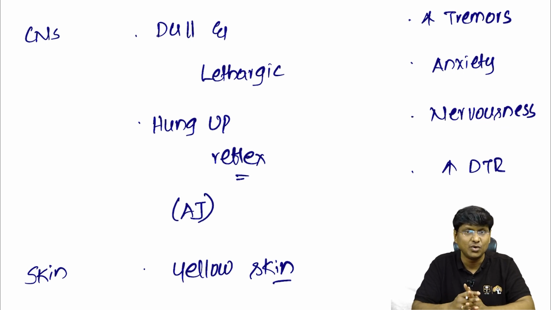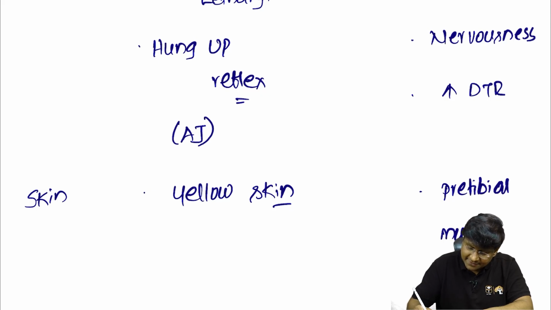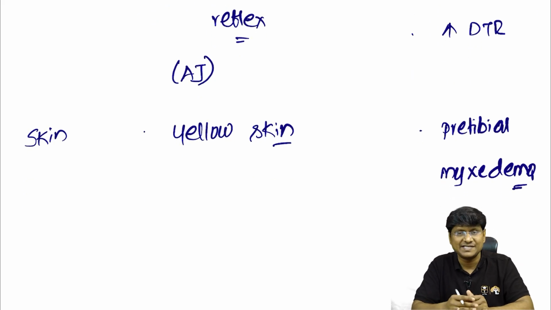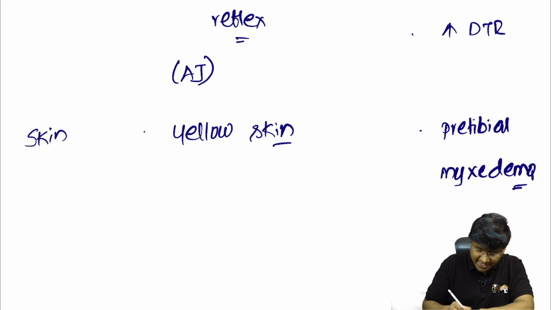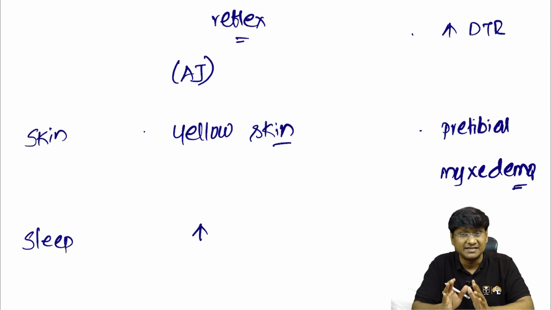In jaundice, there will be yellow eyes, but in beta carotenemia, the eyes will be normal. Whereas in case of hyperthyroidism, in the skin you will have what is called a pretibial myxedema, which is nothing but the waxy skin over the shin of the tibia, right? And how will be the sleep of these individuals? In hypothyroidism, they'll have excessive sleep, whereas in hyperthyroidism, there is decreased or disturbed sleep because of the anxiety and